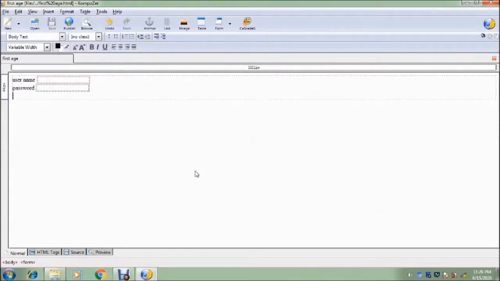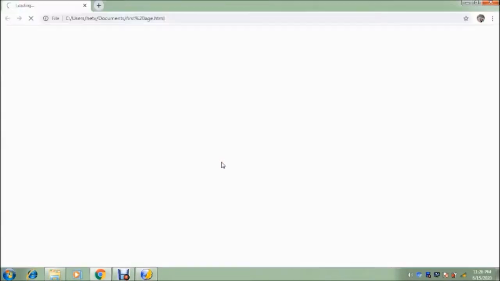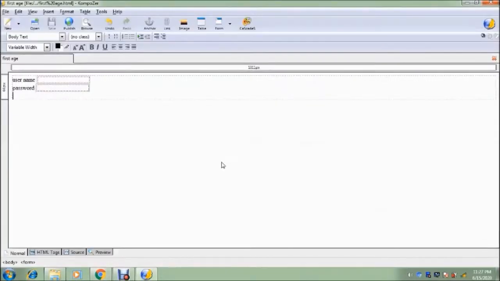Okay, as you can see in the title bar, your page name is there. Okay, now you want to see the output, whatever you had created, and how it will look on the browser, that you want to check. For that purpose, click on this browse button, so it will open this web page in a browser. Okay, keep this bar selected and launch application. So now it will open a default browser and it will display the output. Okay, it is exactly the same as whatever you had created.